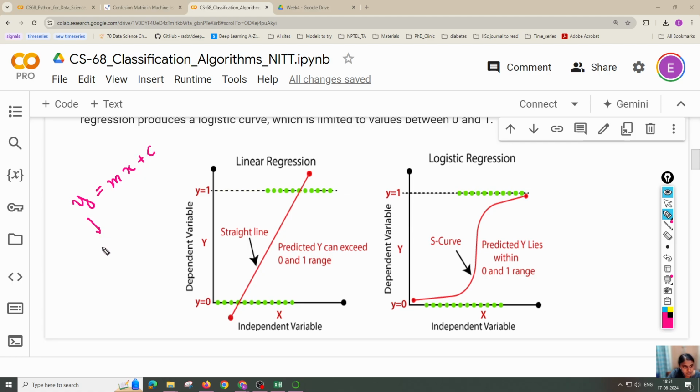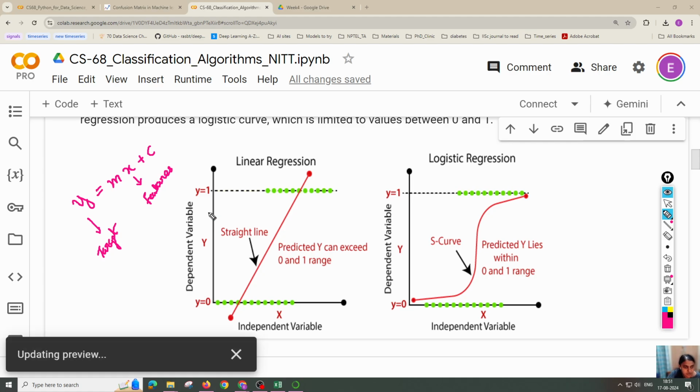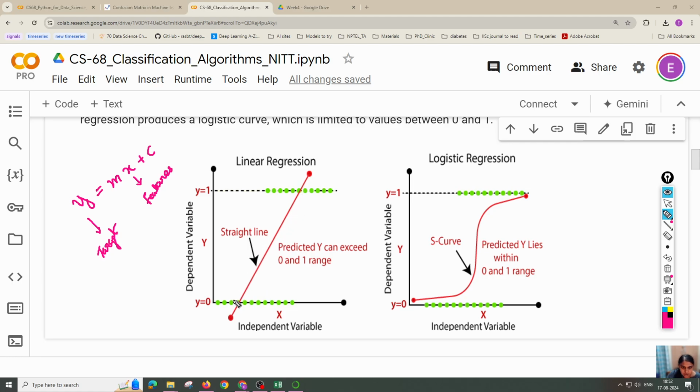where y is your target variable and x is your, I hope it's visible, right? Yeah, x is your features. I'm just putting features. This means that features denote independent variables and target denotes dependent variables. So in this straight line equation, m is the slope and c is the intercept, like we have learned. In linear regression, what we are trying to do is draw a straight line and then fit the points to that straight line. That is what we are doing in linear regression, but we can't do the same for